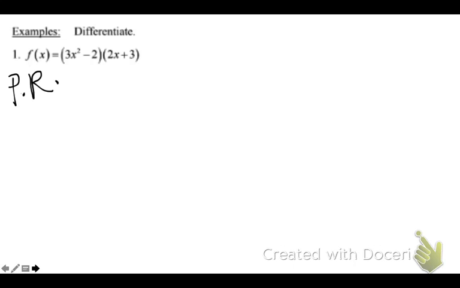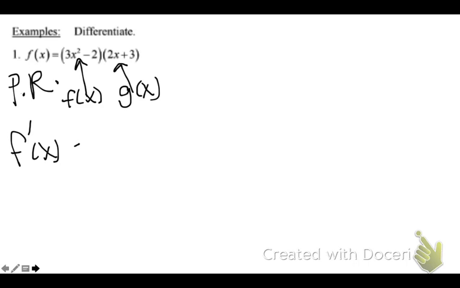So using the product rule, this is our first function, like our f of x. And 2x plus 3 is our second function, or g of x. So to take this derivative, f prime of x is equal to the first, which is 3x squared minus 2, times the derivative of the second. So the derivative of 2x plus 3 would just be 2,